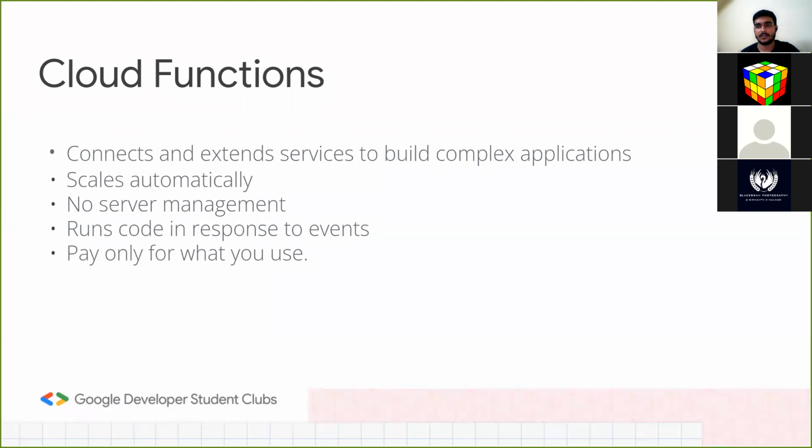So they may use a cloud function in the backend. It will get triggered with some parameters like user who is uploading, date and time, and it will generate a name that will be unique, and it will be renamed and saved in the storage or database. So pay only for what you use. The payment you have to do is based on the number of calls that you are doing and the number of seconds it is running. If your function is not running, you don't have to pay.